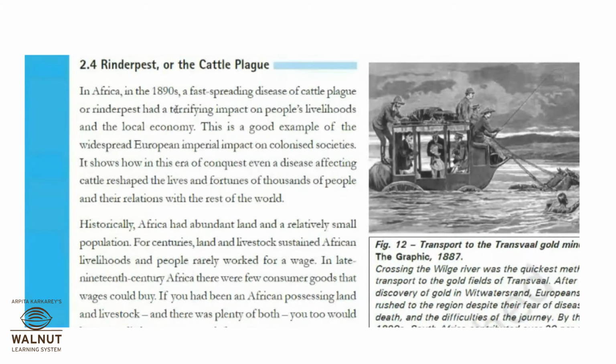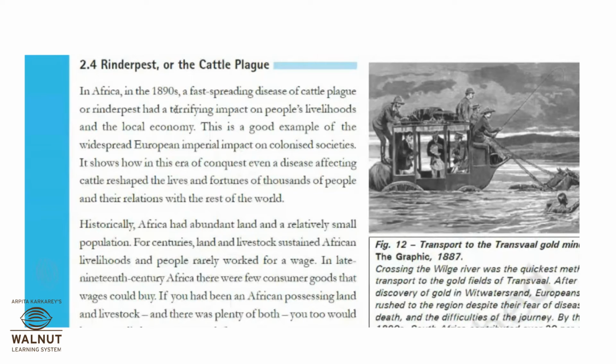It was a plague. Plague means it is caused due to rats. The rats are infected with the virus, and as and when they go from one place to another, the same germs are carried with them and they affect the cattle. So that was known as rinderpest or the cattle plague. So the other name of rinderpest is cattle plague. This can be asked for a 1 mark question.